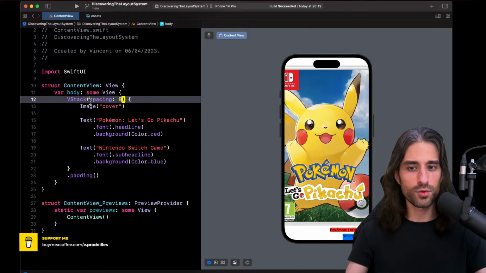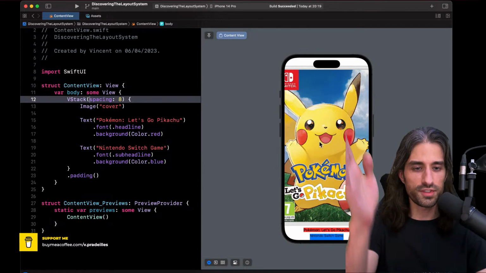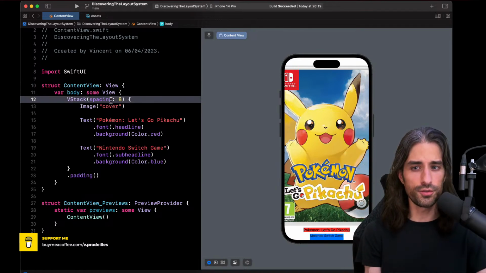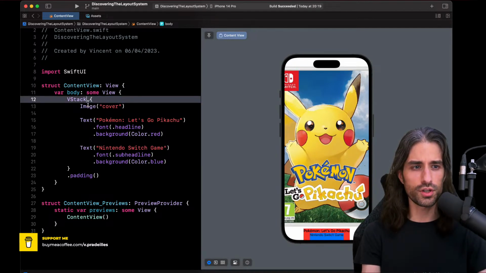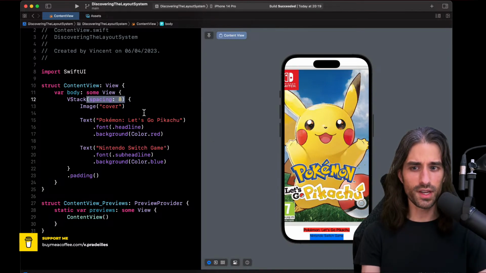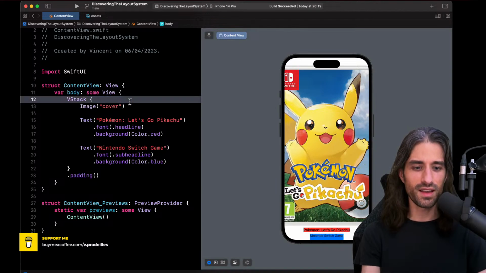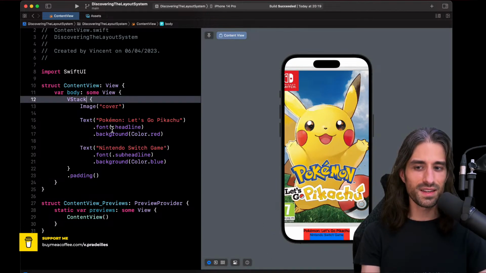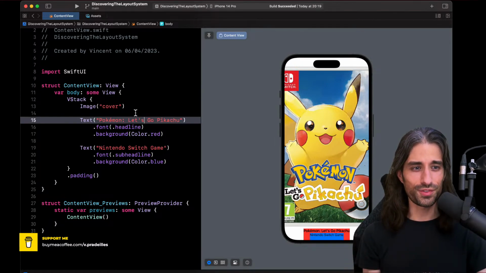If I remove the alignment, so I put it centered, we can see that now everything is back on screen because it's aligned from the center, and the center of the image is on the screen. I'm going to remove all of the arguments of the VStack initializer except for the closure, just to keep things simple. Interesting, we can notice that when we remove the spacing, then basically the text takes a bit more space and goes all the way to the bottom of the screen. I guess this might have something to do with behavior around the safe area, but that's interesting.